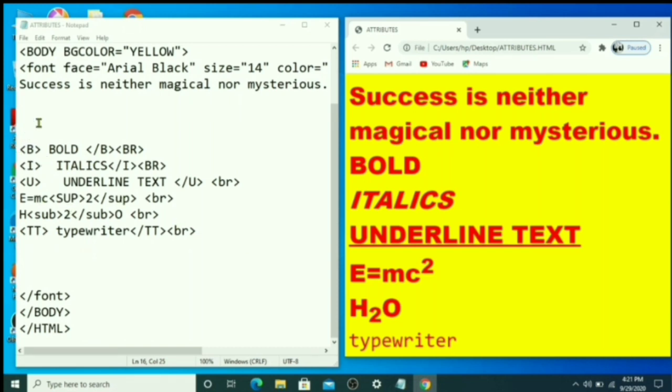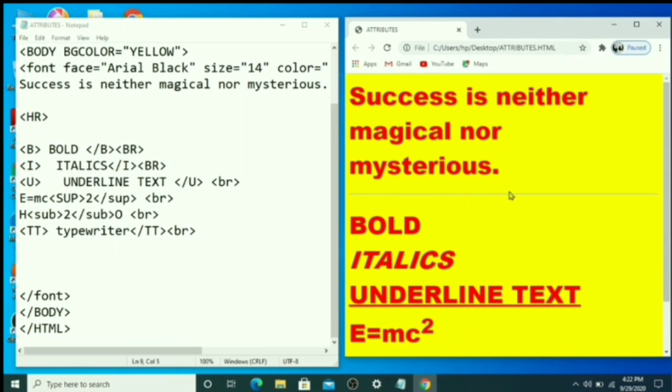Okay, suppose you want to give a horizontal line here, so that time you have to use the HR tag, simply HR. Now you can see one line here, but the thickness is very narrow, so that's why we have to give size here.